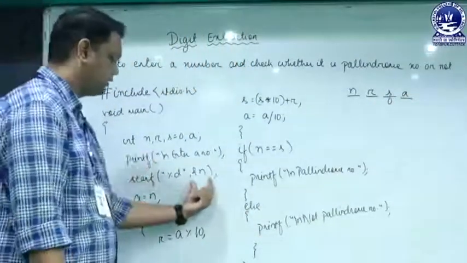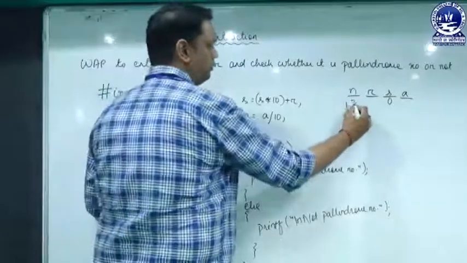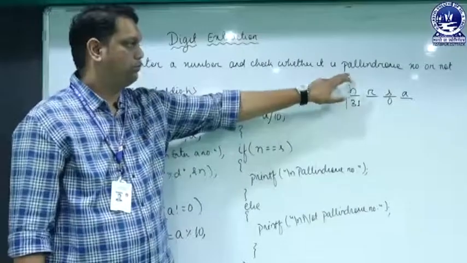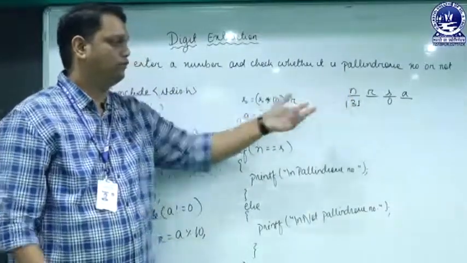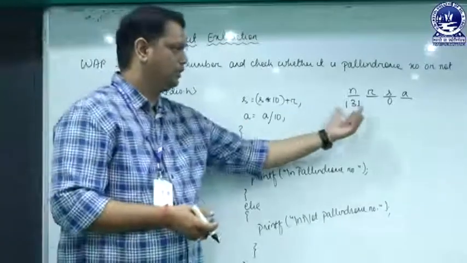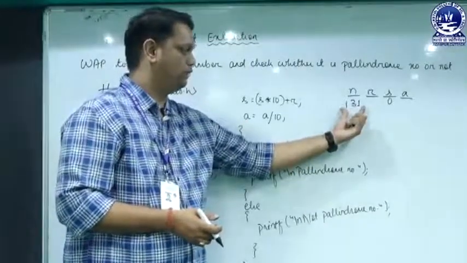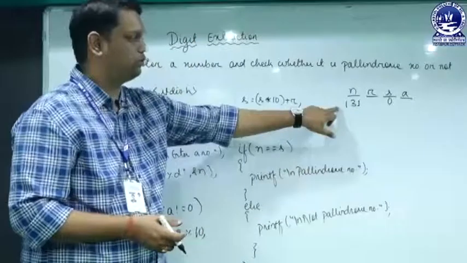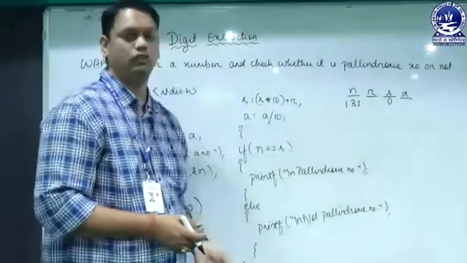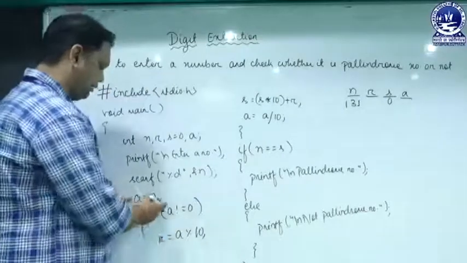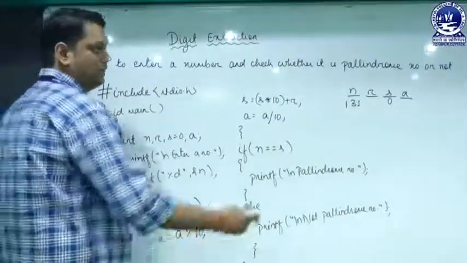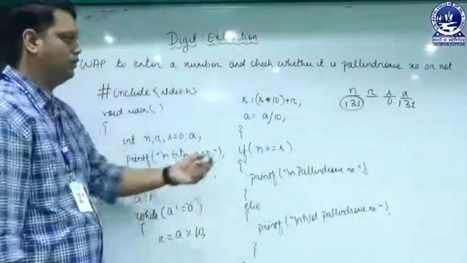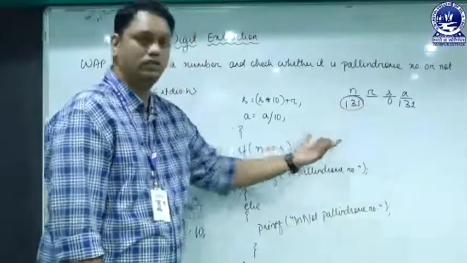So we have entered a number, let's say I have entered 131 in n. As we know, as per the program requirement, palindrome number means if we reverse a number and we get the exact number, that means if I reverse 131, we will get 131, then it is a palindrome number. Now in this program we will check whether this number is returning palindrome number or not. Now I have stored n in a, that means a will have 131. So we have stored another variable because there may be a chance that the original number may be changed.